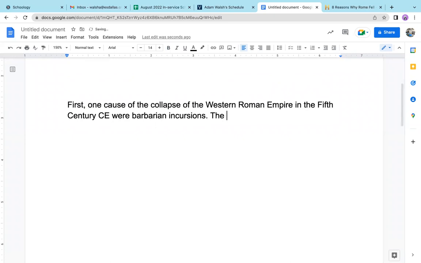So we're going to say the incursion of barbarian tribes. So what I did there was kind of turn it around so that I'm not just saying barbarian incursions again. That way it looks a little bit different for my reader. It's the most direct cause of the collapse. I'm not going to restate Western Roman Empire in the 5th century BCE because I don't think you need to.